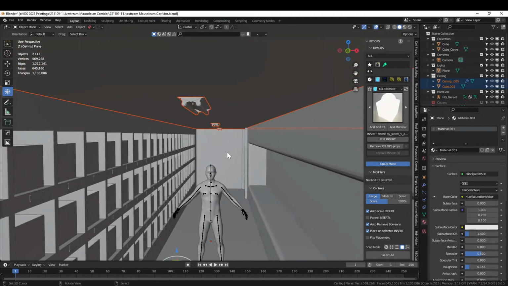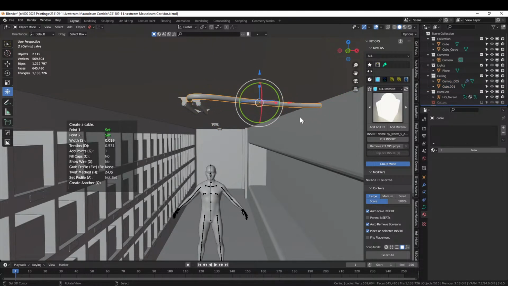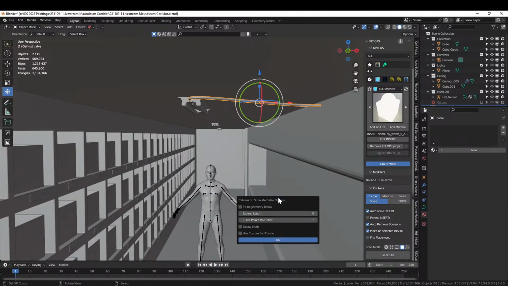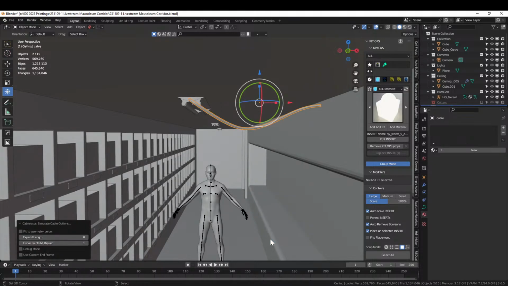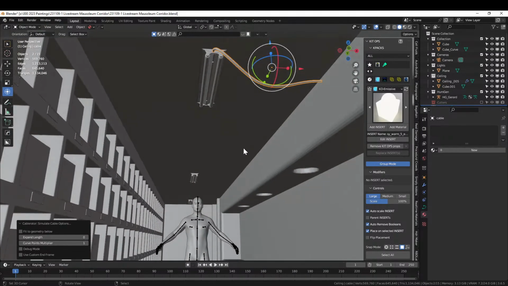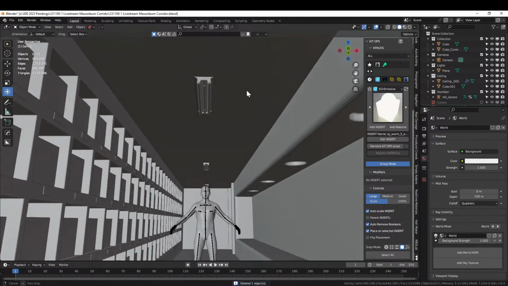Fine. Okay, we'll do it this way and we'll move it around. Control A C, create a cable from here to here. Scale it down. Decrease that. Set it. Let's see, simulate cable. Do we want it like that? I don't think we do. I think it's a little too much. We're just going to delete it. But I think we might want,